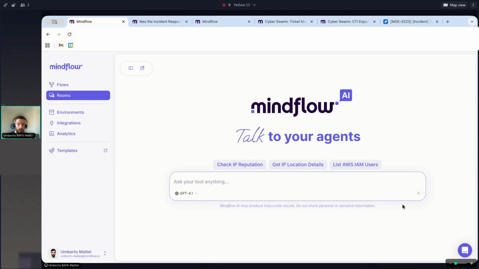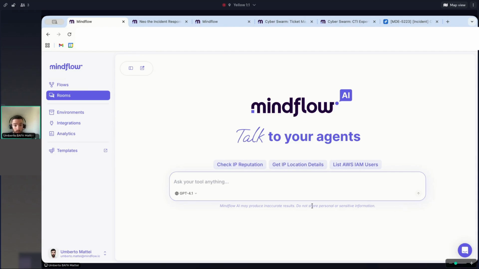So the idea is to have a swarm of agents that can be used as a tool for security alert analysis. The idea is to be able to have faster analysis and also quickly discard some alerts that might not be relevant for us. At the same time, we have the auditability of everything that is done by the system and a clear follow-up action plan for alerts that are relevant.